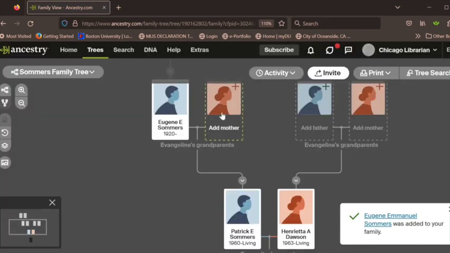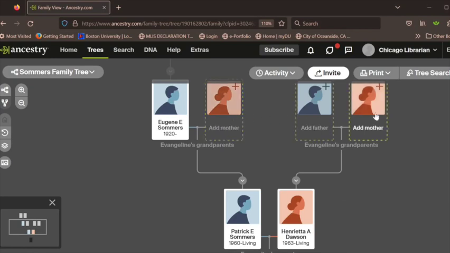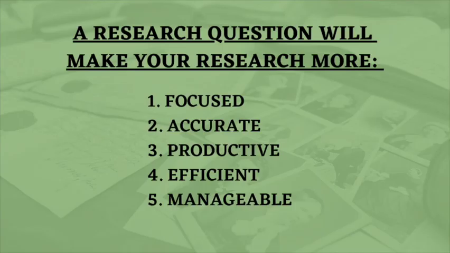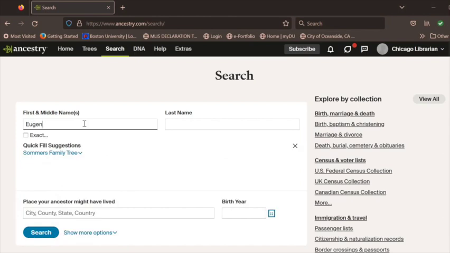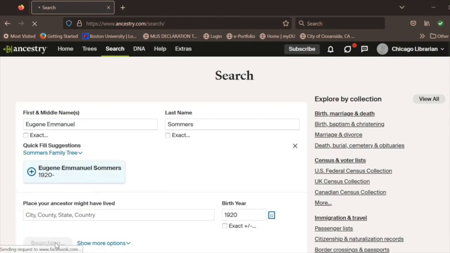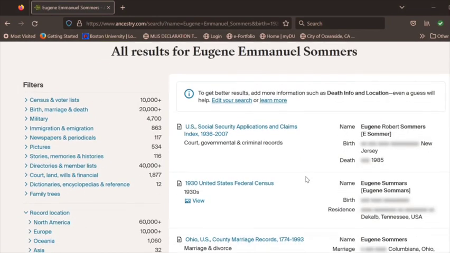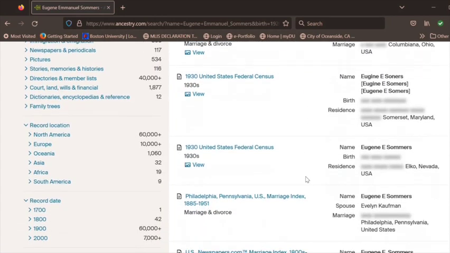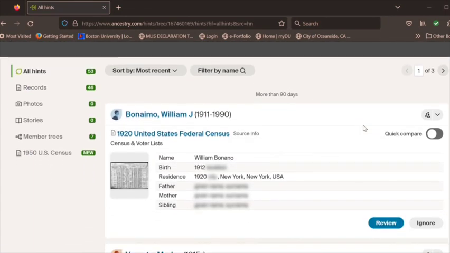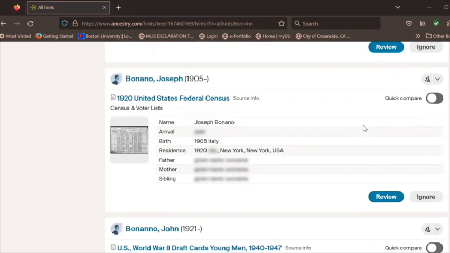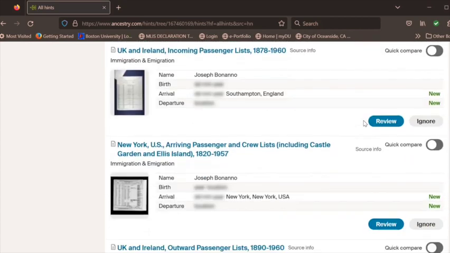Before you dive into the exciting world of searching genealogical records, consider starting your research with a research question. Without one, it's easy to get sidetracked, distracted, and overwhelmed. Searching the vast amount of records online has certainly become much easier, and tempting as it might be to just type your ancestor's name into the search engine and see what pops up, or scroll through the ever-growing hint notifications on your tree, writing a good research question can make you more efficient and focused, and your research will be